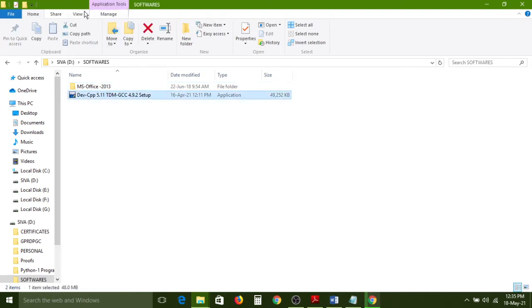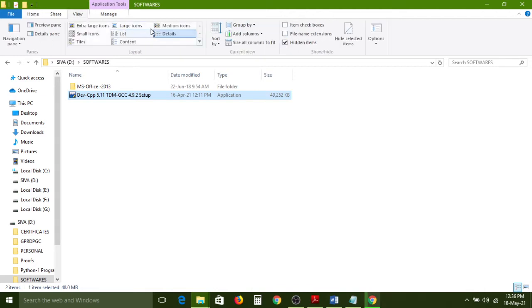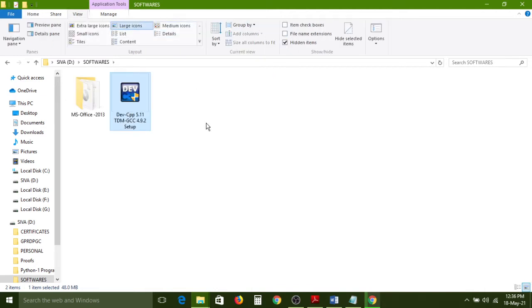Here the icon is showing like this now. Simply put my mouse over that and double click on that, then automatically it will ask.